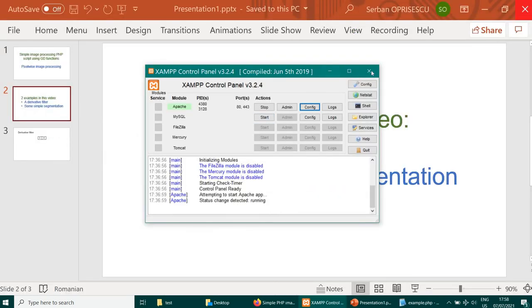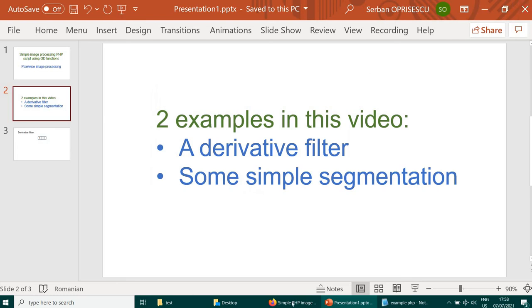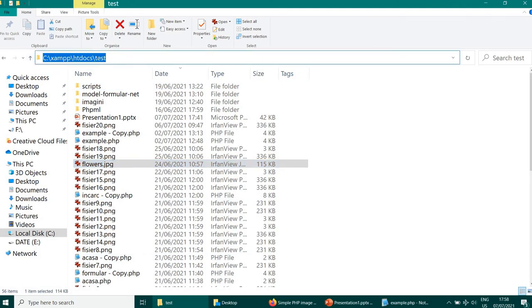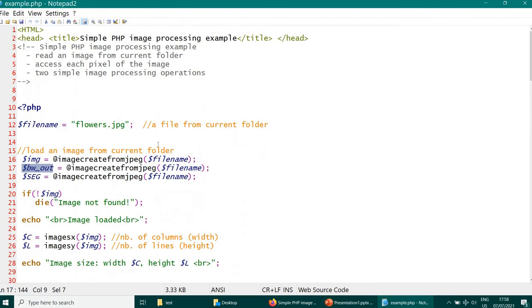That is all we need to run the examples I will present here. We work in the htdocs folder, and I will present the PHP script for the image processing.